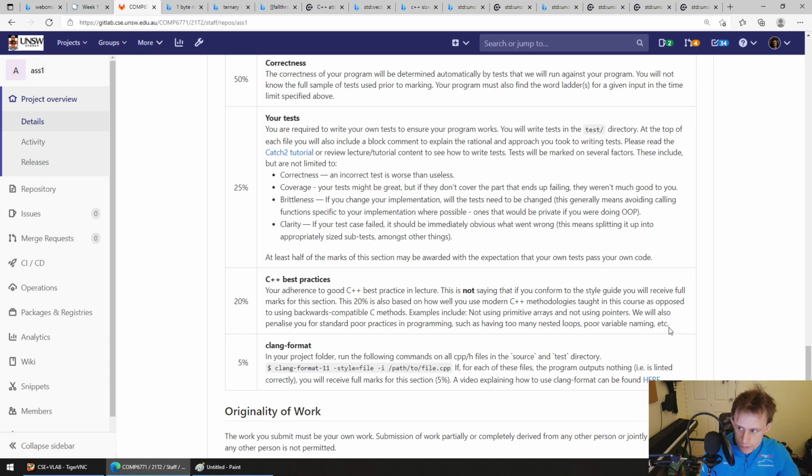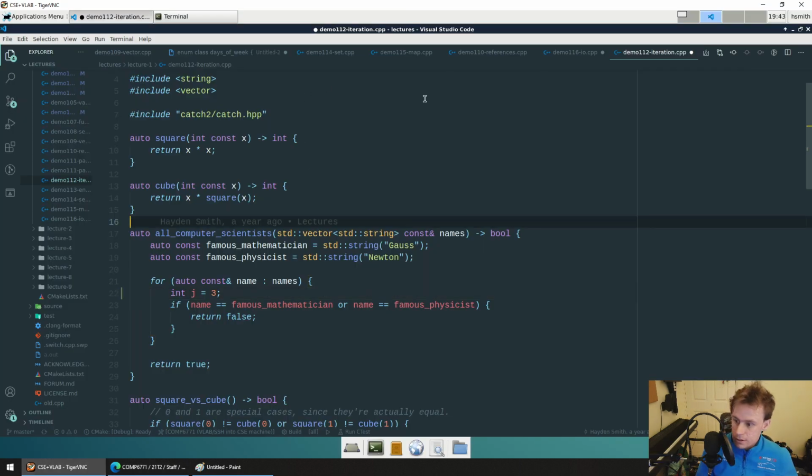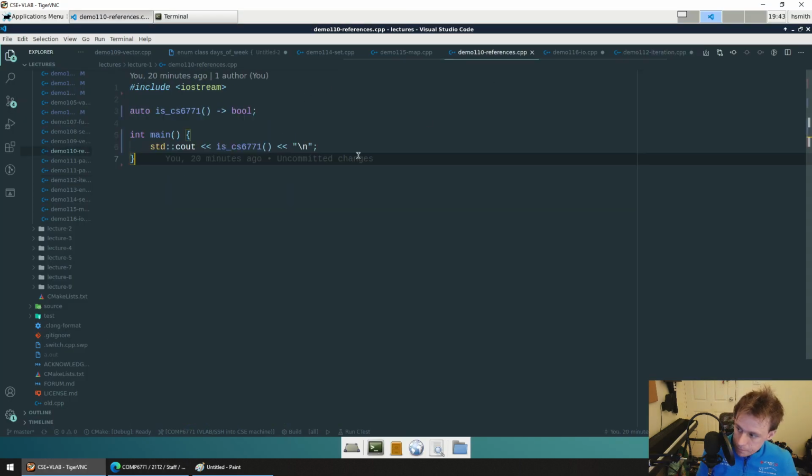Like, are you using for i counter loops instead of for range loops, which are better and cleaner and more obvious as to what's happening. And then the last thing, 5% is for Clang format, basically style. But what's cool about this course, and I'll show you this, will be sick, is that